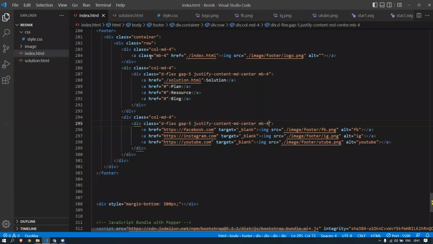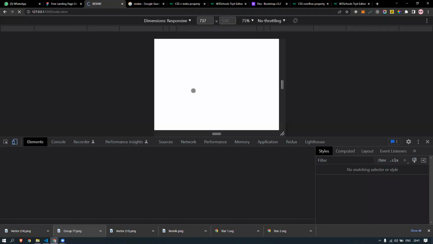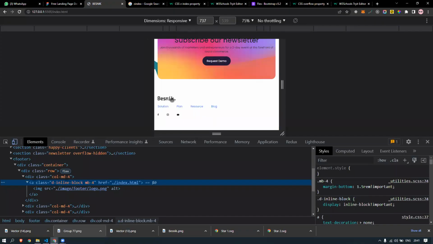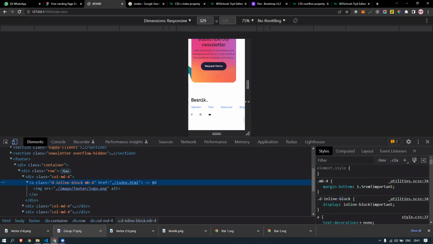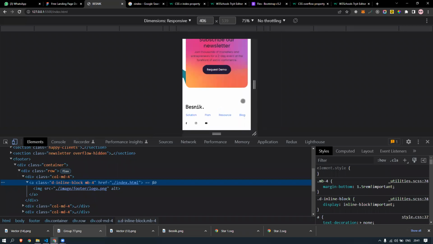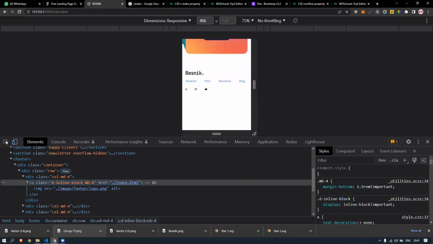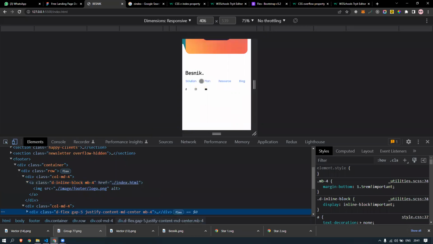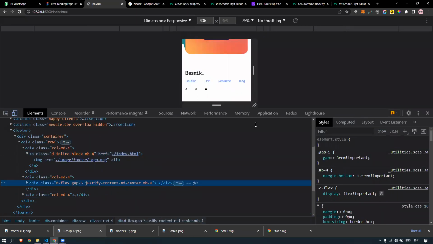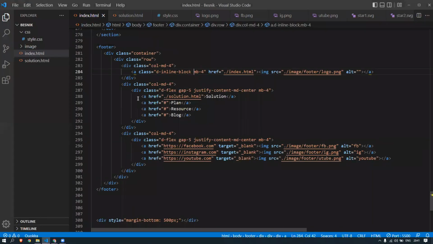So I'm just going to add a d-inline-block, display inline block. I think there's a class kind of inline block. Okay, it's a Bootstrap class. So now we have a margin. Everything works fine. That's cool. But here you see this is not aligned properly because we're using the gap here. These are the problems we'll always have when we do it this way. So what I do, instead of doing it like this,